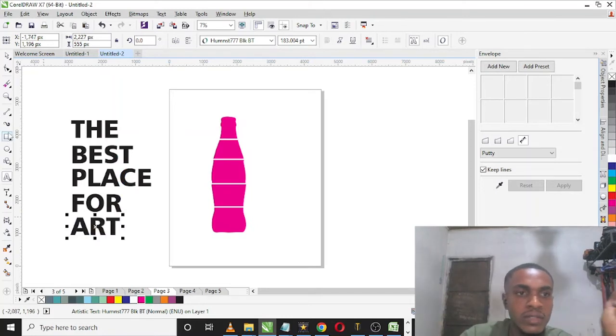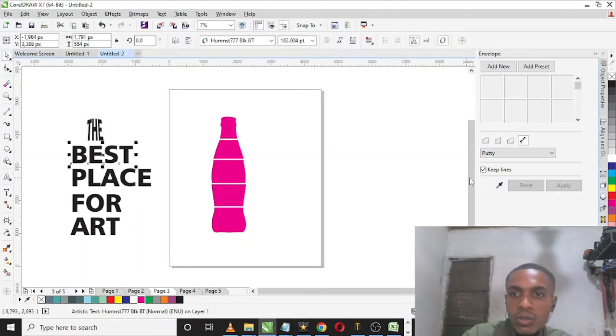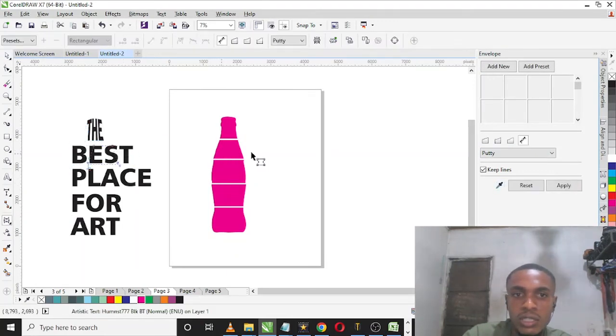Let's just say for art. Okay, now in this case, what I'm going to do is select this first object or first text, and I'm going to select this and select this shape, and I'm going to click on apply, and that's that for that. I'm going to select the second one, select this, choose the shape, apply. Same thing applies for this,